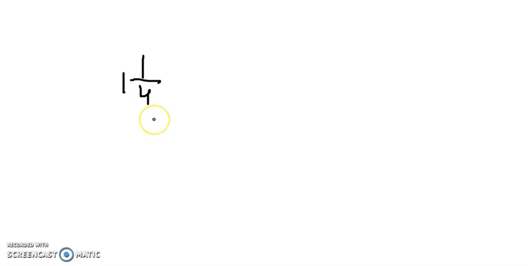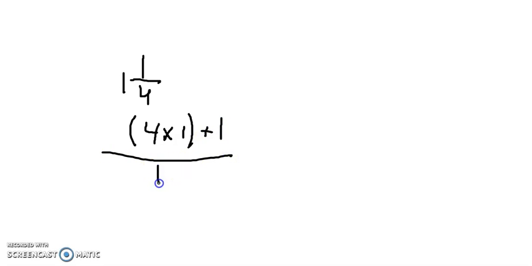In order to convert it into an improper fraction, we have to multiply the denominator with the whole number and add the numerator into it. So 4 multiplied by 1, and we can add the numerator into it, and the denominator will remain the same, 4. So if we calculate the numerator part, we will get 5,